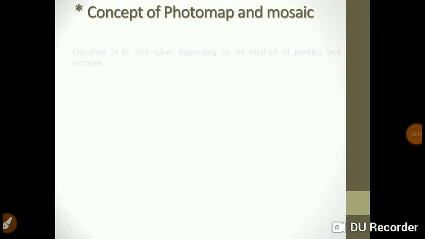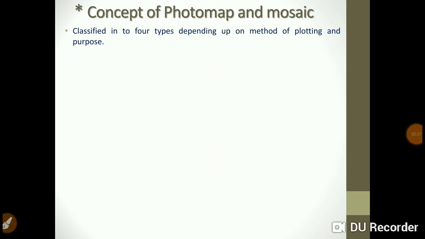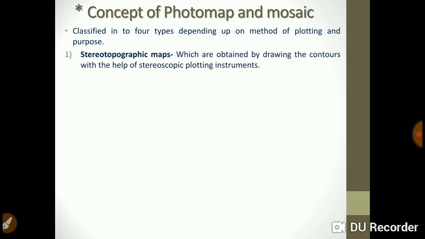This photo map is again classified into 4 types depending upon its purpose and method of plotting. The first type is stereotopographic maps. These are the photo maps which are obtained by drawing contours.